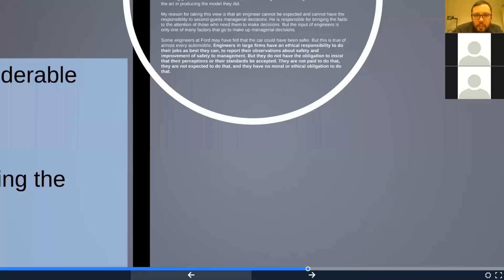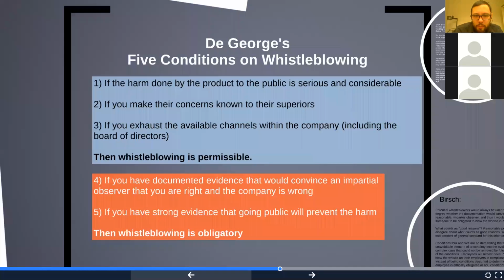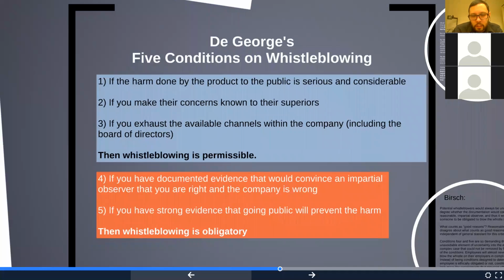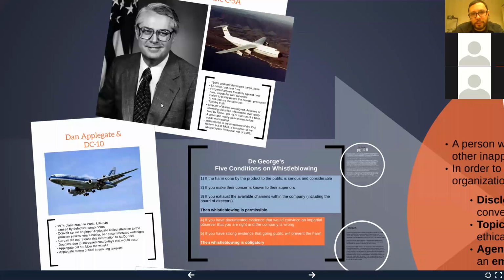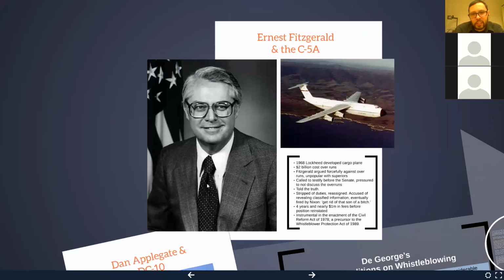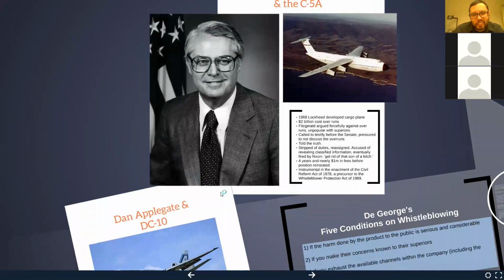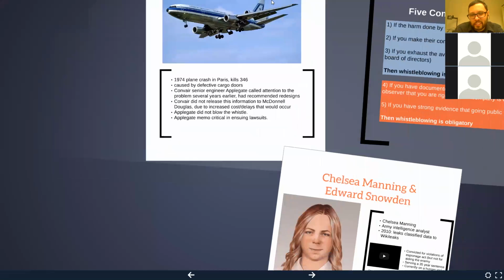that's the real controversial stuff from last week. I know you have your replies to do tonight, and there's lots of debates over this, one way or the other. A lot of people defend George's rules here, thinking that these are the right conditions on whistleblowing that we ought to follow for determining whether whistleblowing is permissible or not, obligatory or not. And then there's all these really great cases, Ernst Fitzgerald, C5A, Dan Application, DC10. Chelsea Manning,